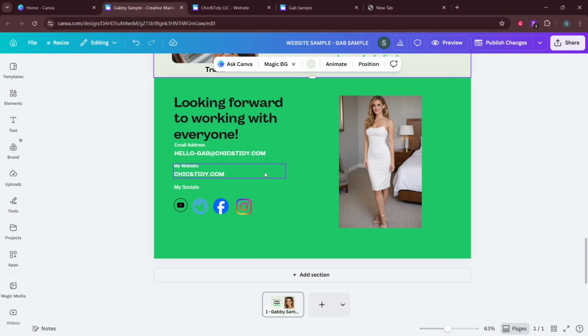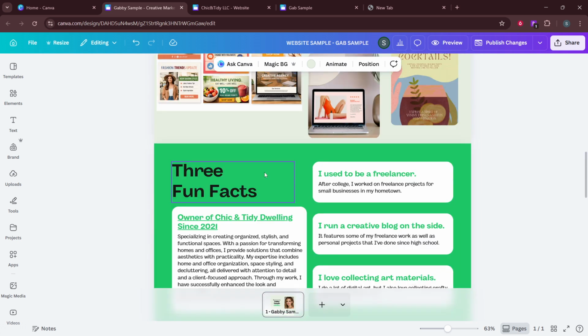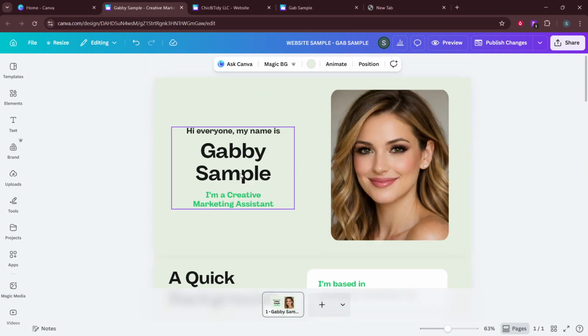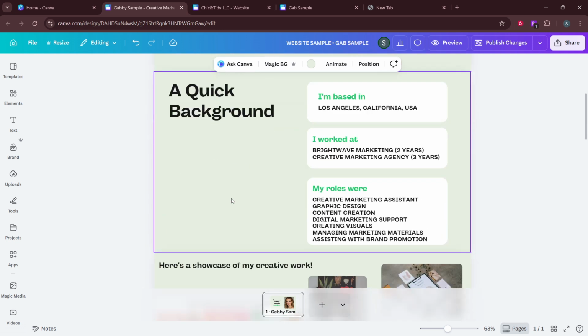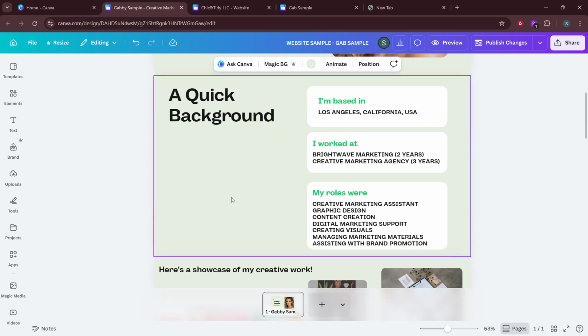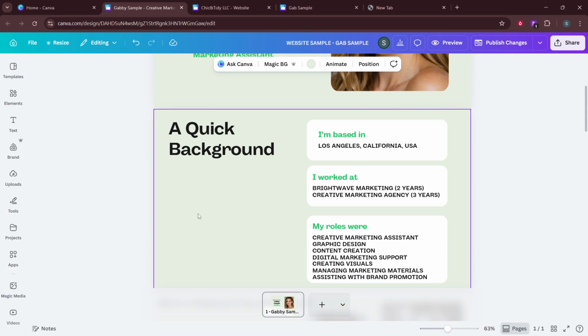Now scroll to the exact spot where you want your new content to live. Placement matters because sections work best when each one has a clear purpose. When you're in the right area, look for the Add Section control. It often appears as a plus Add Section button between existing sections or at the very bottom of the page.